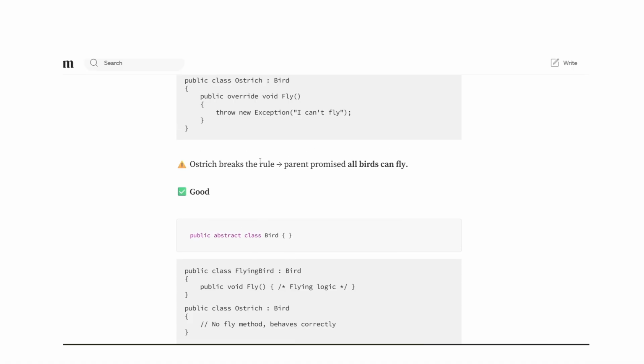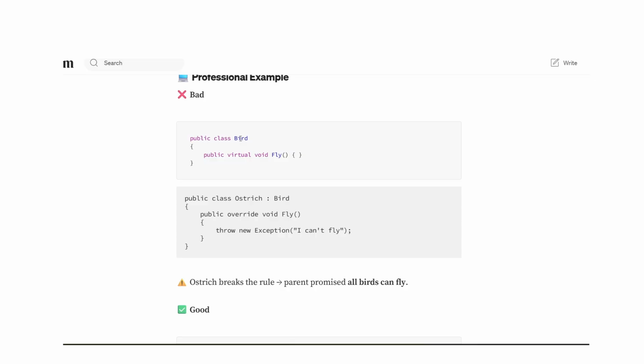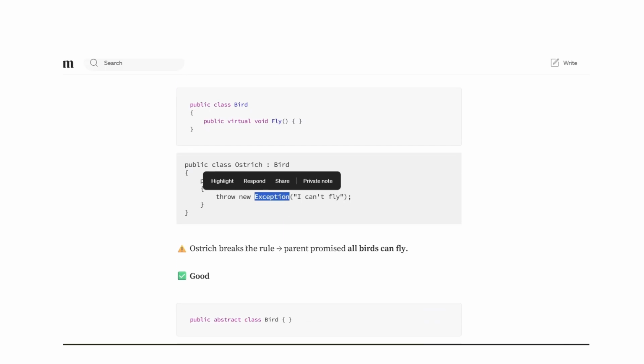In the previous example, the Bird class had a public virtual void Fly, but the Ostrich class can't fly, so it is forced to implement it, breaking the rule of the parent's promise that birds can fly. So the Liskov Substitution Principle is simple: the derived class object must be able to replace the object of the base class.